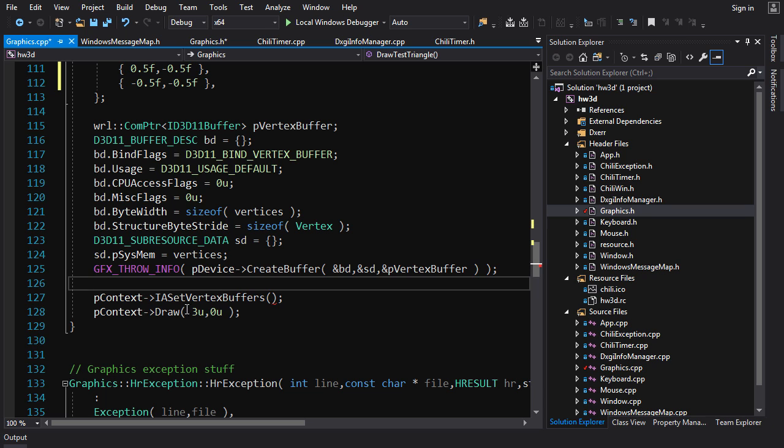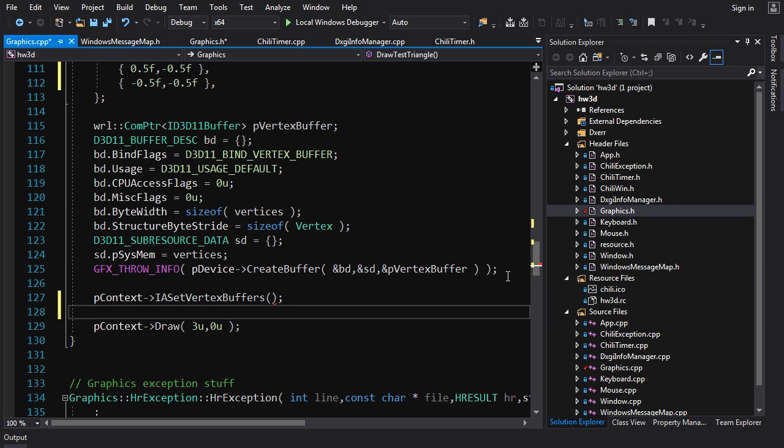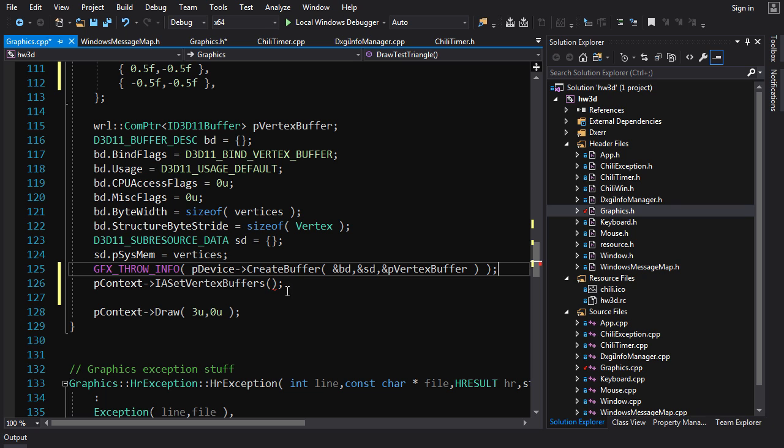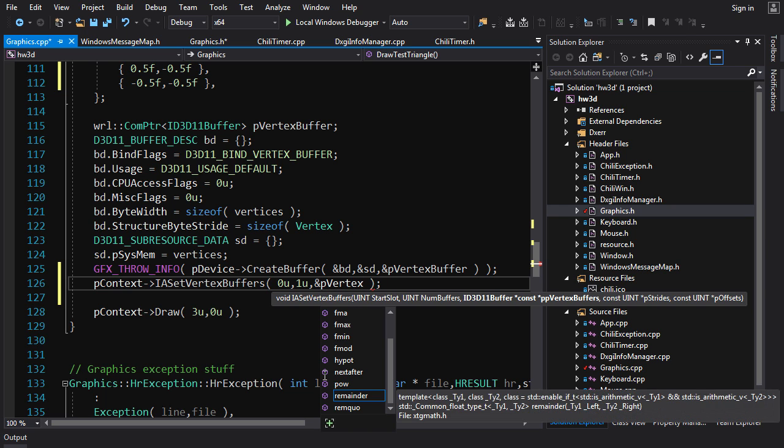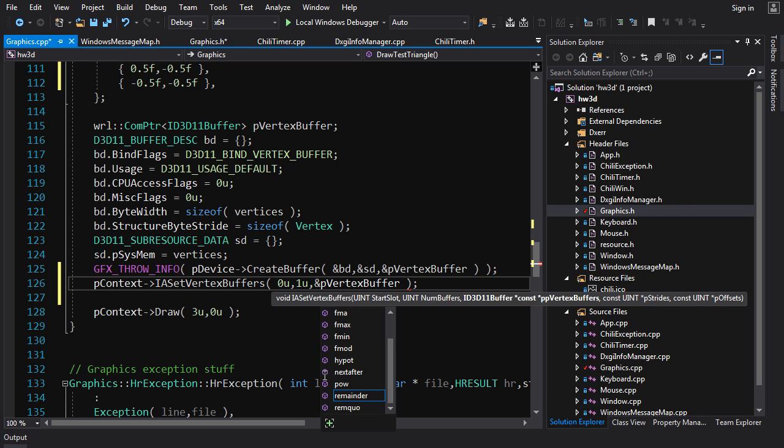Now we've got to set that to our pipeline. So we're going to call set vertex buffers. Start slot shall be 0. The number of buffers shall be 1. And now we need a pointer to the pointer to vertex buffers. To get a pointer to a pointer, we just take the pointer of pVertexBuffer. And that'll give us a pointer to what will look like an array of a single vertex buffer. This should work, right? Anyways,